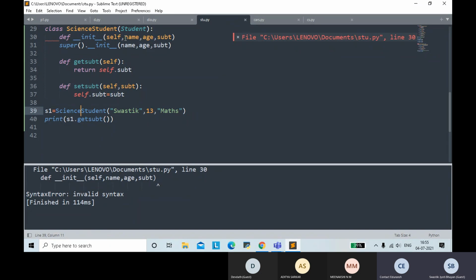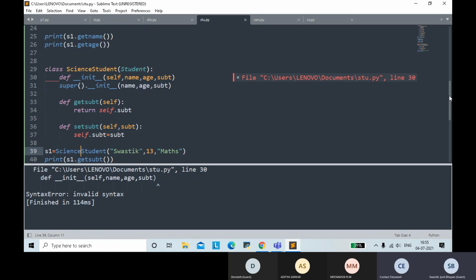So here it's something incorrect. Definition, initialize. Okay, hold on. Self, name, age, subject. Name, age. Okay, hold on. Your parent class does not take subject, only name and age, right? Why are you giving subject in line number 31?